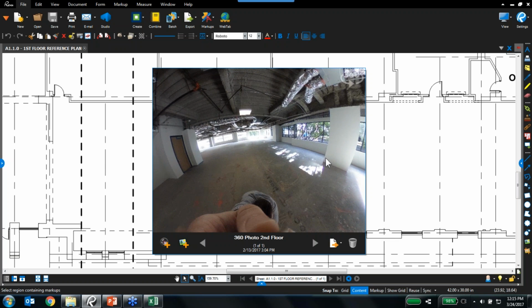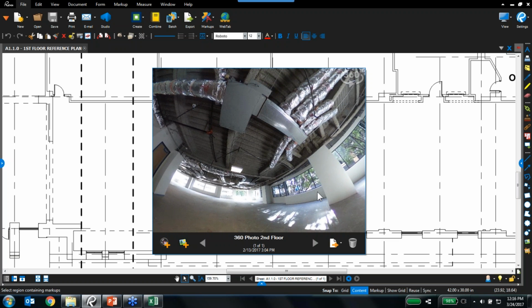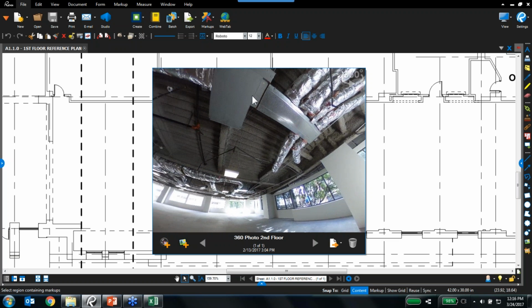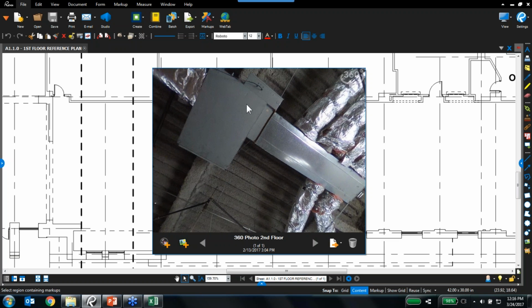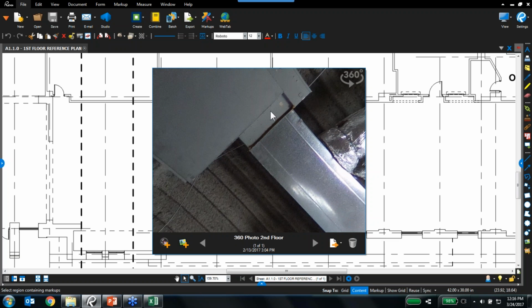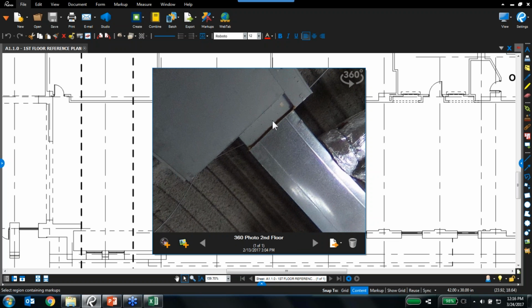You can see our photographer right there. We can look up. We can zoom in on any of the details here. So let's continue moving up. Zoom right in on that box up there. That's some pretty good quality for a 360 photo. There are a variety of cameras that are supported, including the Ricoh Theta S, Samsung Gear 360, and a number of others, where once you take the photo and import it onto your desktop, you can embed it into the